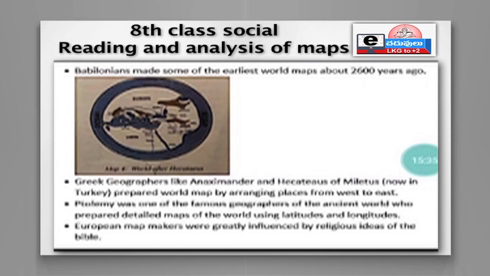Some people would go to some places and give descriptions. They would say, we should go to the east and we will find some places, and there is a wonderful tree there, or a beautiful place to see, or some temple. In this way, when different people describe different places which they see, based on their descriptions, the Greeks made the maps in the initial stages. And we can see in the previous map, they placed Greece in the middle of the map.